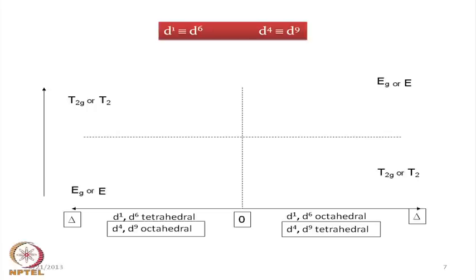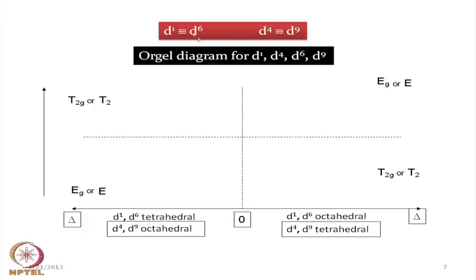So, for D1 and D9 and D4 and D6, they have the corresponding equivalence. That means D1 will be equivalent to D6 and D4 will be equivalent to D9 in terms of the corresponding splitting. So, we can have these 4 ions, D1, D9 and D4, D6, and we can have the corresponding energy values on this particular axis, and D4, D9 are equivalent. So, D4, D9 on the left hand side and D1, D6 on the right hand side, and again we see that there is a relationship between the splitting of the octahedral field with respect to the tetrahedral field because of the orientation of the different orbitals, what we have seen earlier,